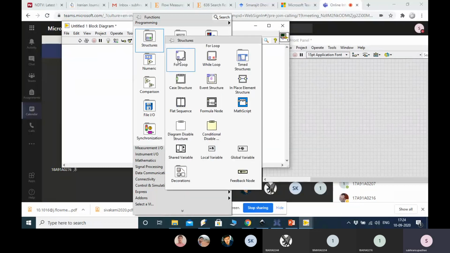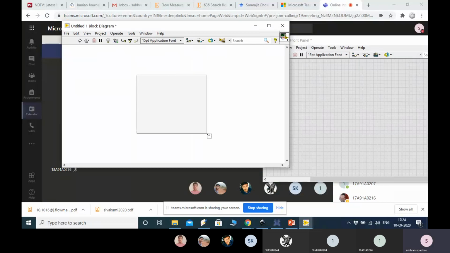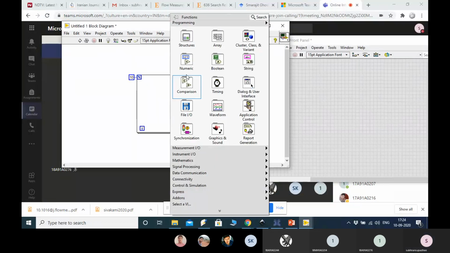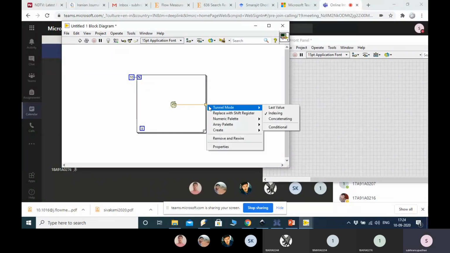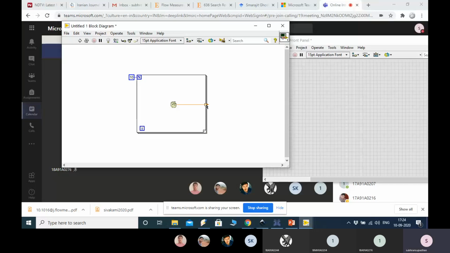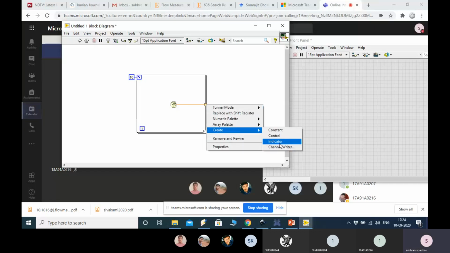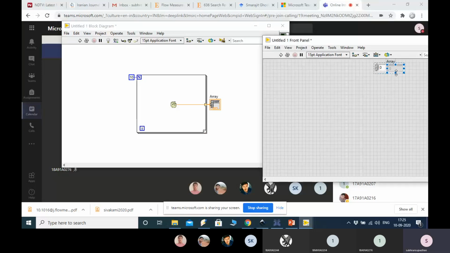So suppose you don't want to put values in the array. How you will do it? You will create, suppose, an n cross an array. So what you can do, go to a for loop, create a constant, suppose 10, create a numeric, random number is a numeric. Over here, auto indexing channel, yesterday I told you the different channel modes. Then create indicator. So run it, and you can get